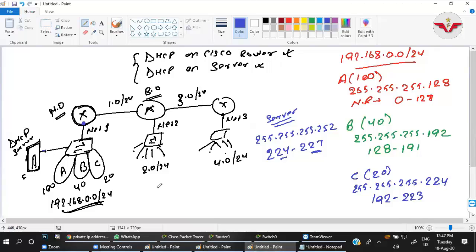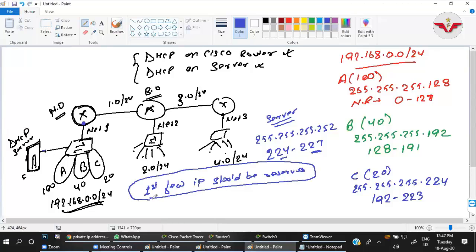For every network, whenever I run DHCP, I will reserve the first few IPs, so that in case I have to provide a manual IP to any of the key devices in the network, I can do that.